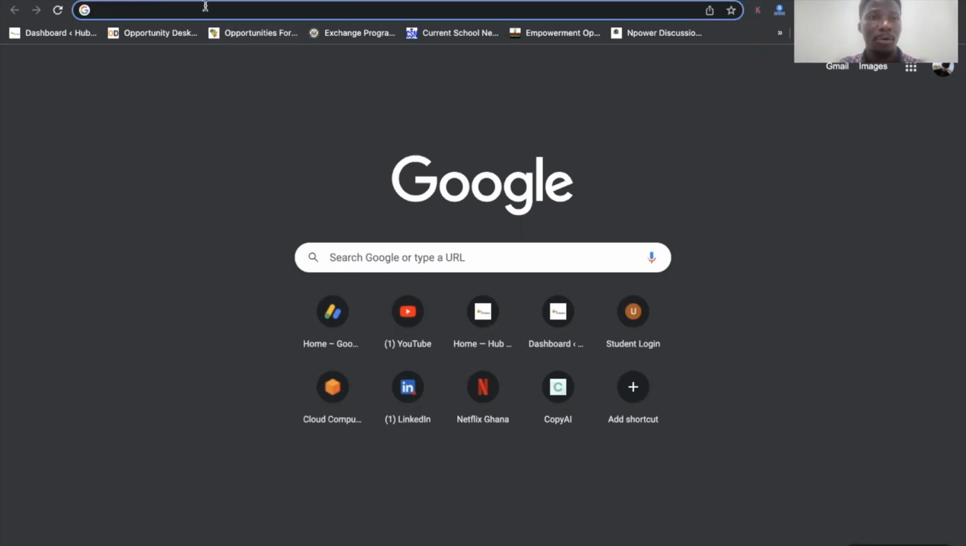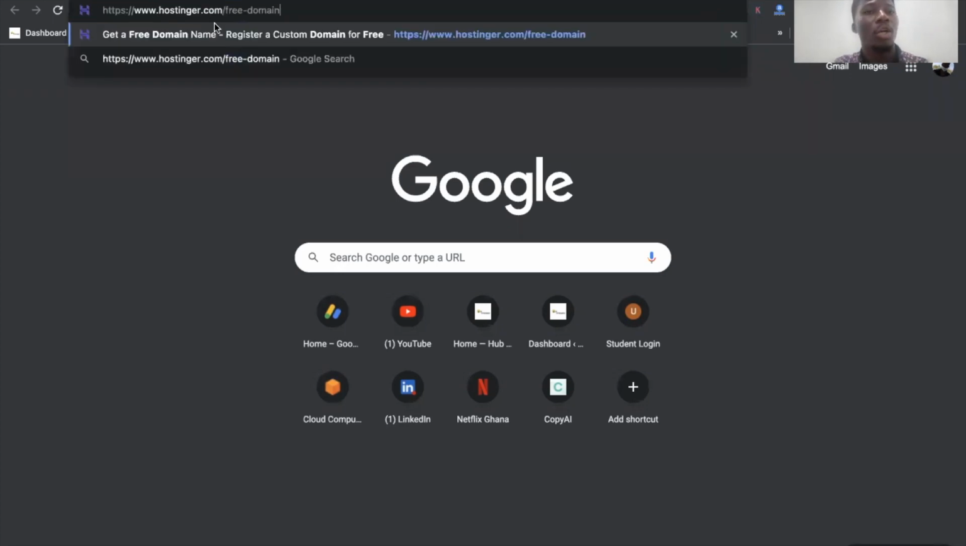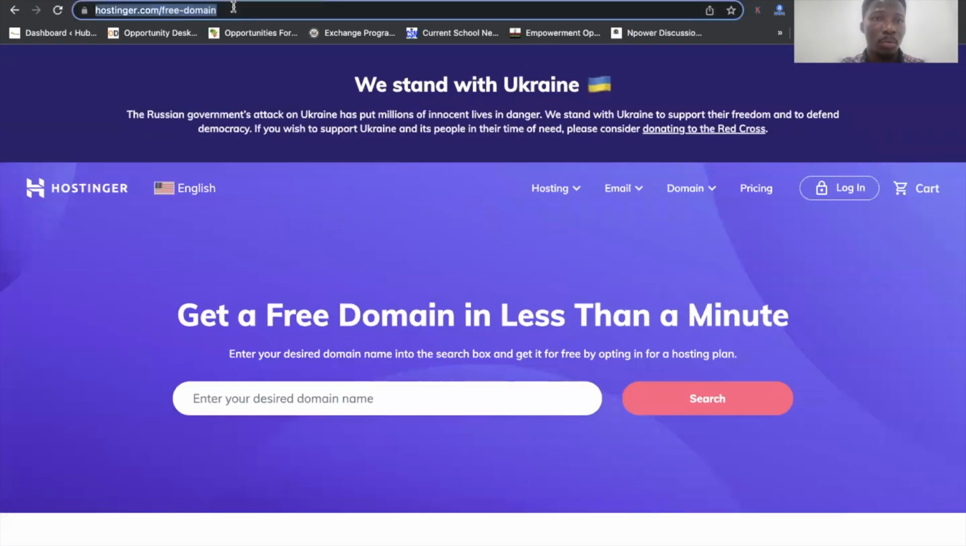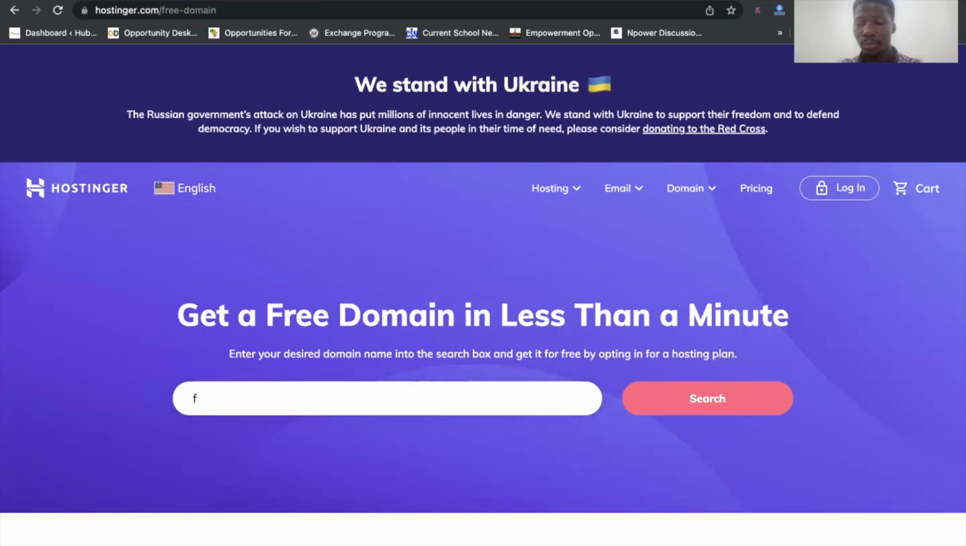So first of all, you need to go to hostinger.com/free domain. I'll put the link in the description for you. So you type hostinger.com/free domain. The free domain should be there. So when it opens, you type the domain you want to purchase for free. So I'll type